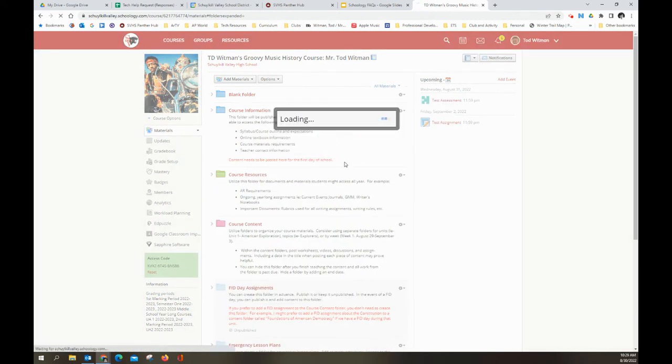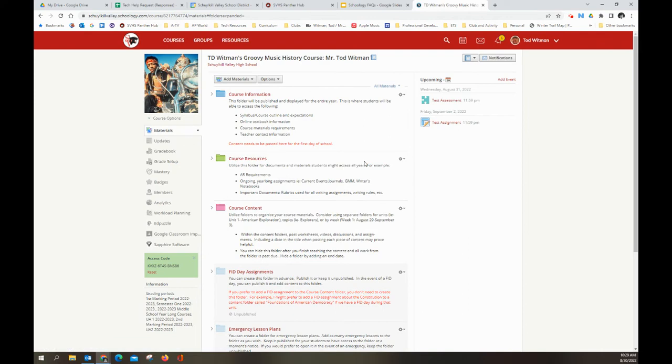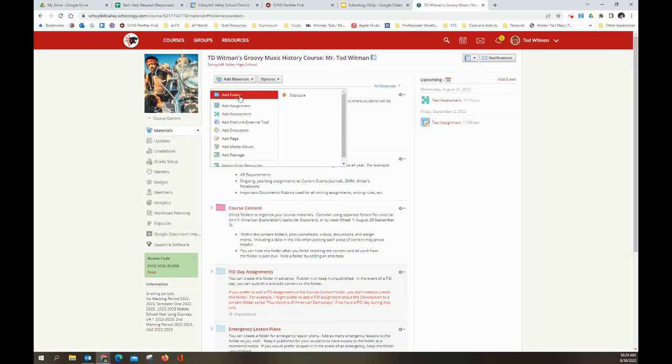there's a way to actually place items anywhere on the page that you'd like. So if I want to put a new folder with assignments for a new unit at the top of the page so students see it as soon as they land on my course page, I just want to come up and hover until I get the green line. Any of these existing gray lines will turn green when you hover over them. You just left click, single click, add a folder,